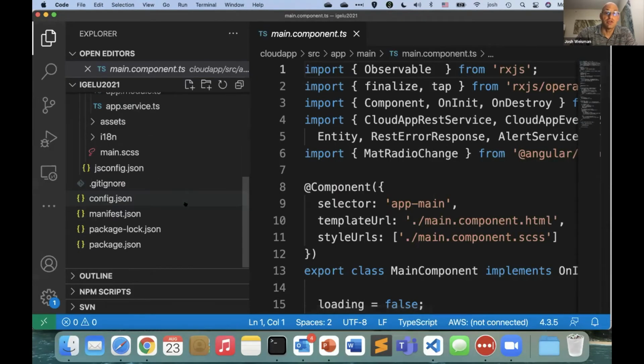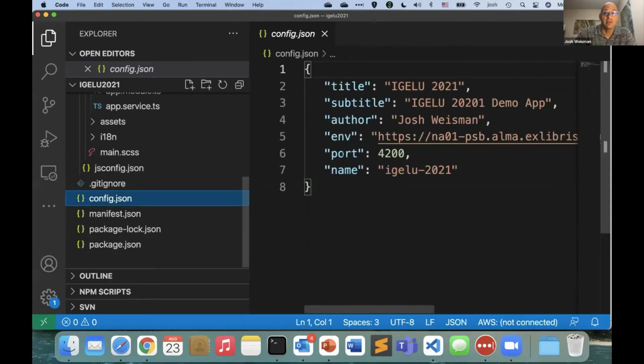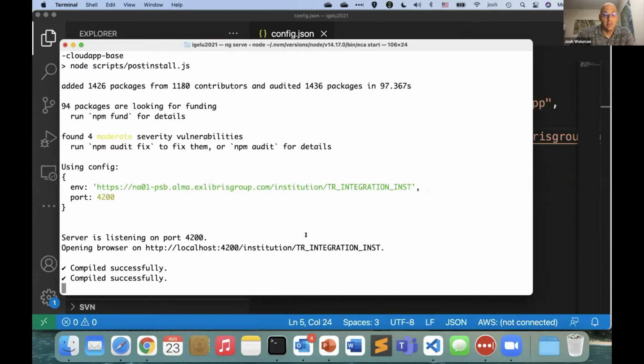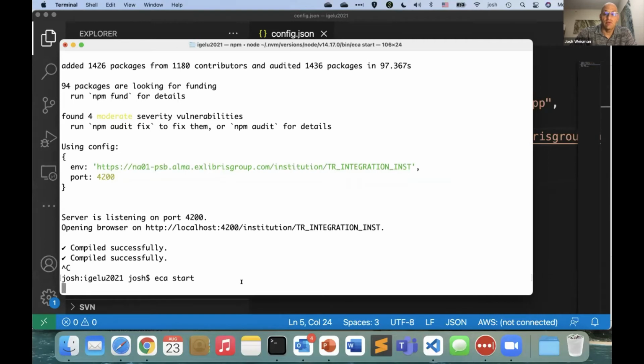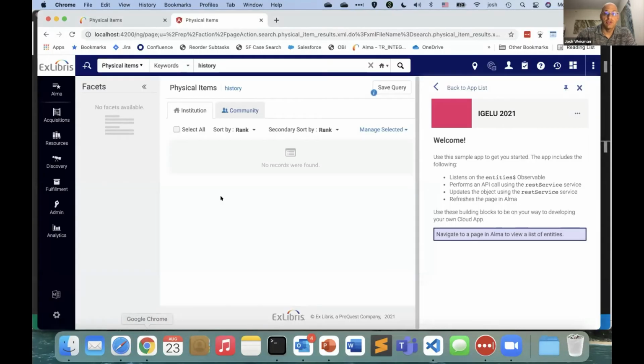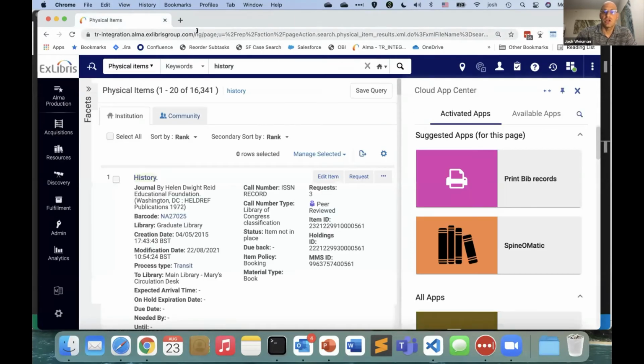So no worries, I'll show you now how to switch to a different environment. Anytime I want to switch to a different environment, I can go back to the configuration. I can go ahead and switch here to my production environment, and then I can just restart that up again, and I'll be up and running in a moment. And then I'll be pointing to my production environment, which is fine because I don't make that many changes, so I'm not too scared to do it in production.